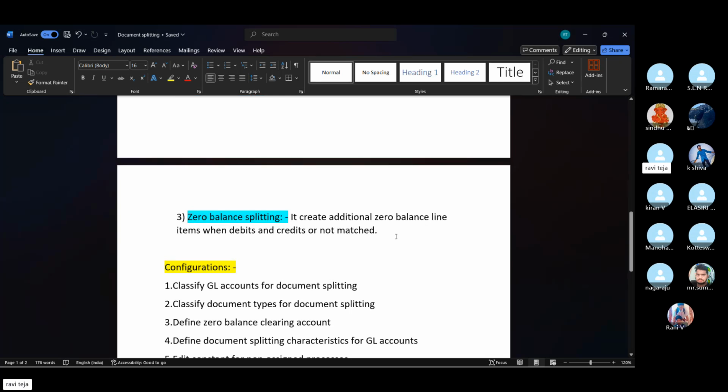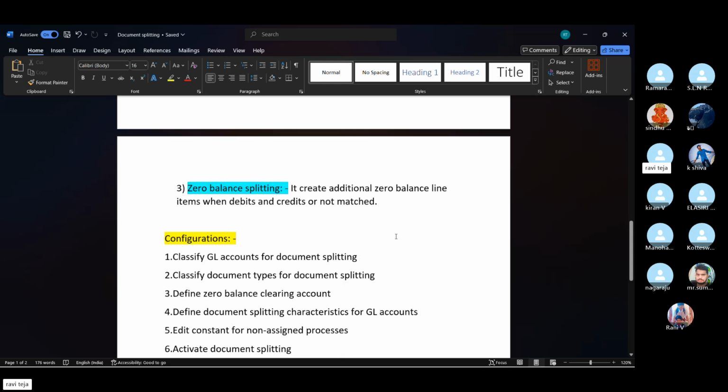Zero balance splitting comes into picture when debits and credits are in a line item with the name zero balance splitting. As the name suggests, it does not contain any balance; it is subjected to zero balance.